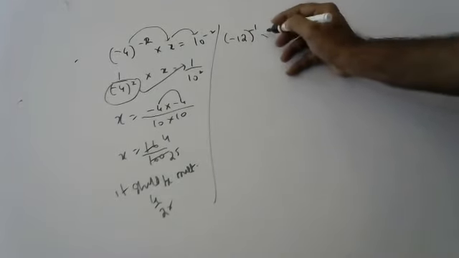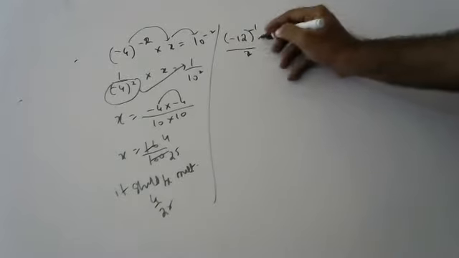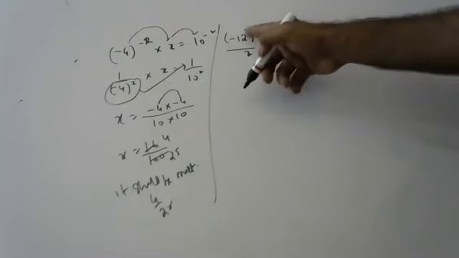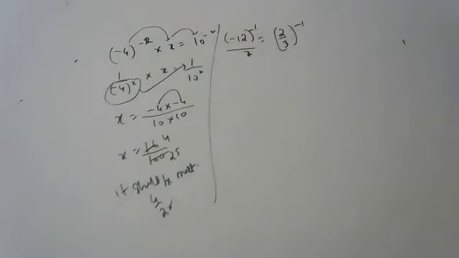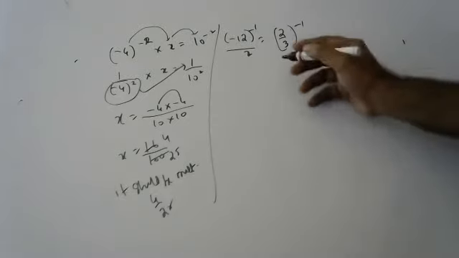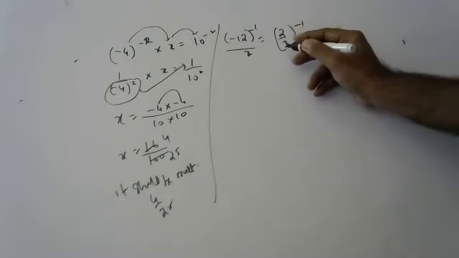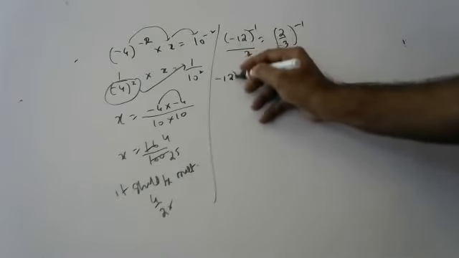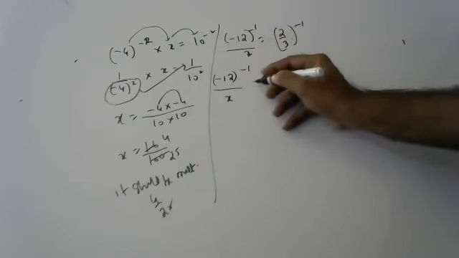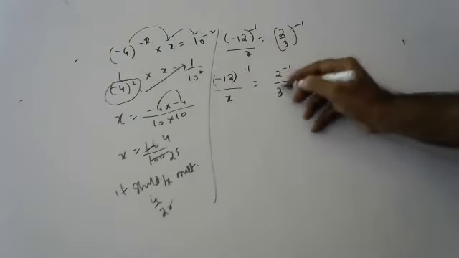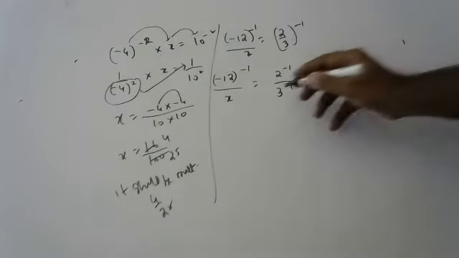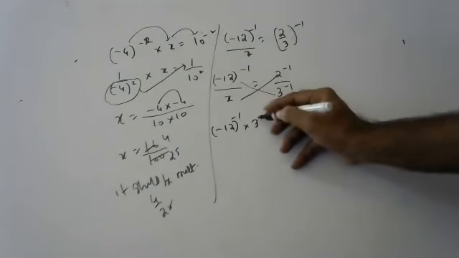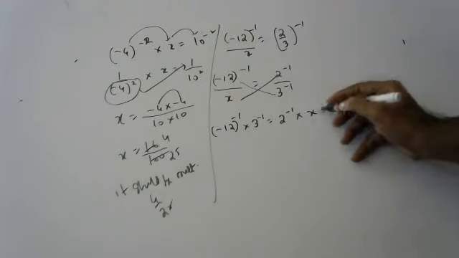Minus 12 to the power of minus 1 should be divided with what number to get 2 by 3 to the power of minus 1? It should be divided by what number to get this? Sir, we need to bring 2 by 3 whole to the power of minus 1 to the x place, sir, and we need to shift x there. Wait, first you see here. Minus 12 to the power of minus 1 divided by x is equal to 3 by 2 whole to the power of minus 1. Go for the cross multiplication. Yes, sir. 12 to the power of minus 1 into 3 to the power of minus 1 is equal to 2 to the power of minus 1 into x.